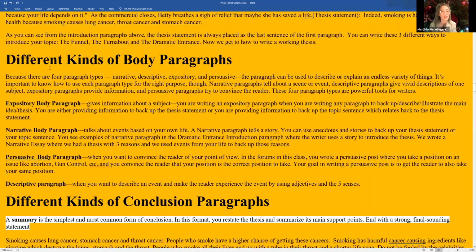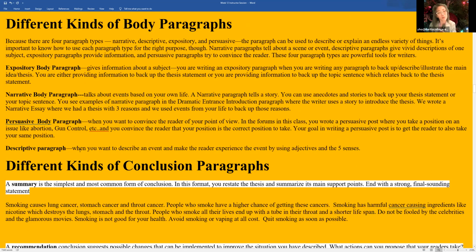So anyway, you got different kinds of body paragraphs. You got the expository, narrative, persuasive, and descriptive, which is when we did our week 3 food game that everybody had fun doing. And this is when we use adjectives which evoke our 5 senses: seeing, hearing, and that sort of thing. And you draw a picture of that experience and put the reader into that experience. And the more you can put the reader, and this goes for all of these, a descriptive paragraph can be a narrative paragraph. A descriptive paragraph can be a persuasive paragraph.